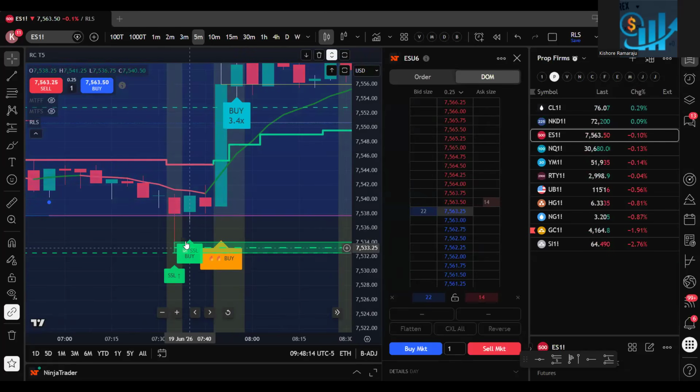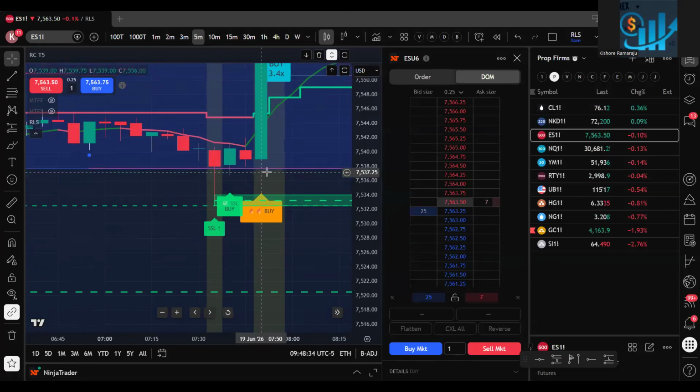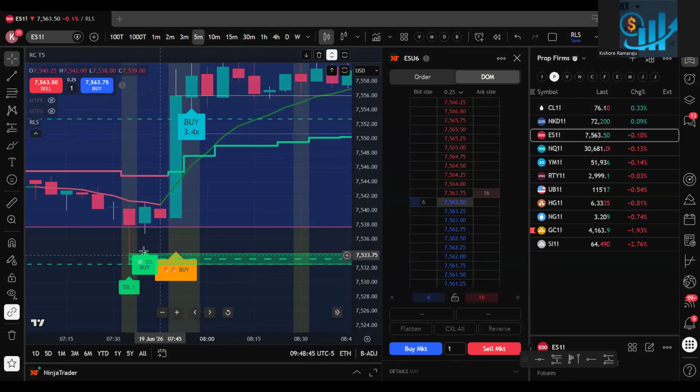If I set only one alert, the first alert which we completed, then I'll receive an alert only after this candle. So you may miss some points, or it may take time by the time you go. Especially if you're a new trader going into your brokerage, by that time this candle also may be complete. But if you want to be ready, be prepared, then better you put a notification here so that you are entering your trade before or immediately after this candle. Everything is set. Next candle you see there is a buy signal. Immediately you go and click on the buy button.